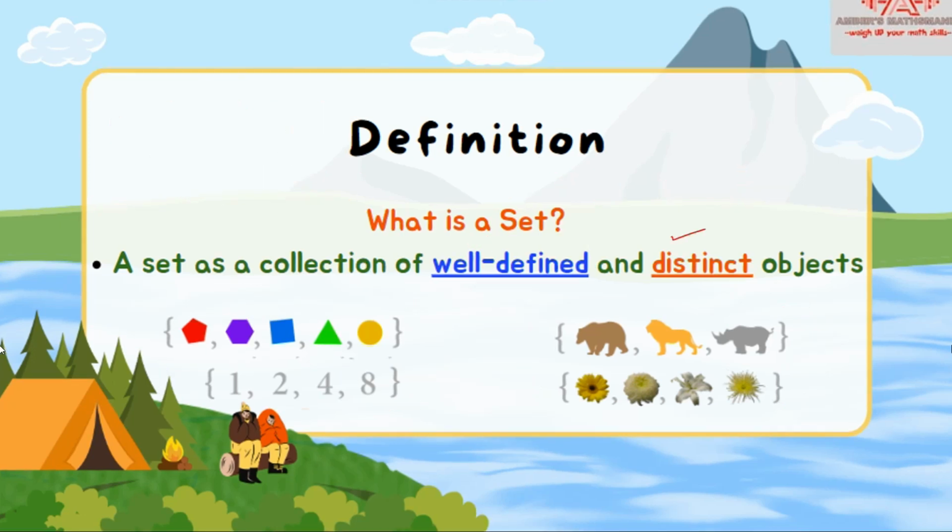Now let's talk about distinct objects. A distinct object is one that is different from other objects in the set. It is not identical to any other object in the set. For example, if a letter appears twice or thrice in the collection, it is written only once in the set. For example, if 1 is repeated thrice, 2 is repeated twice, 4 is repeated 5 times, and 8 is repeated twice,